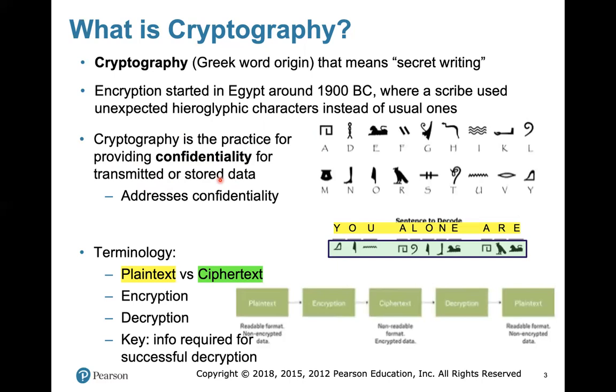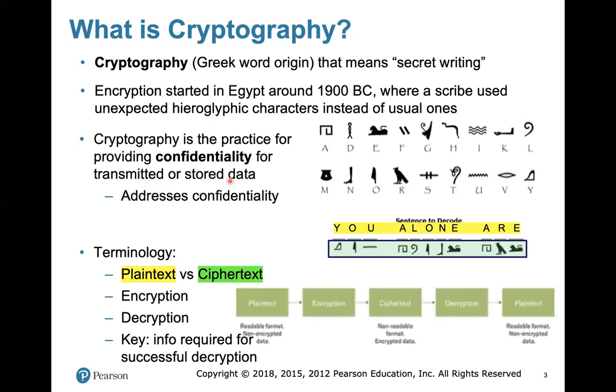What does that mean? It means that you may want to send data somewhere, and of course, the medium, whatever the medium is, it might be air, it might be network, or it might be, for example, in ancient Egypt, some written papers or whatever. You want to send it somewhere, but you want to make it confidential between a small set of individuals that are supposed to understand the meaning of that text or that letter. So you want to keep it confidential, and you want to transmit the data,